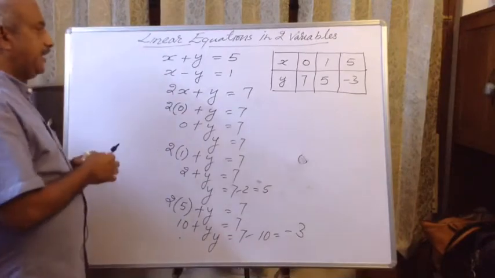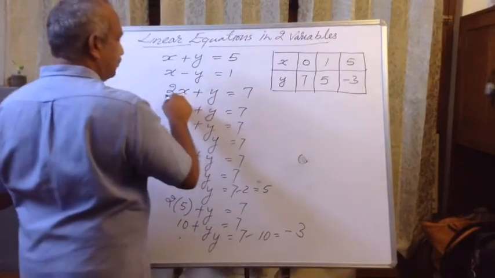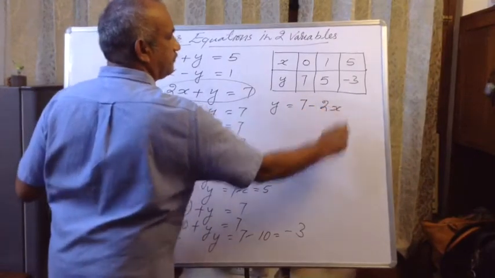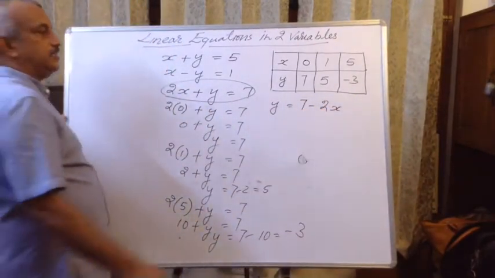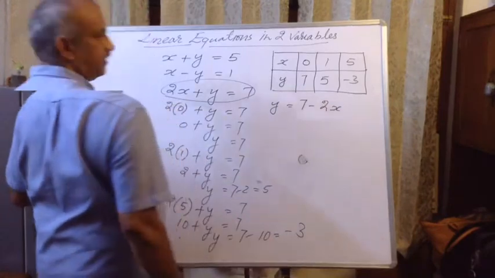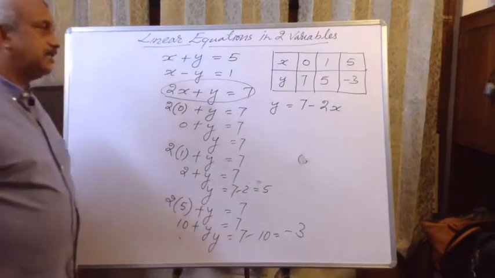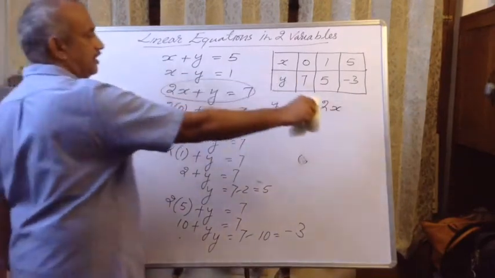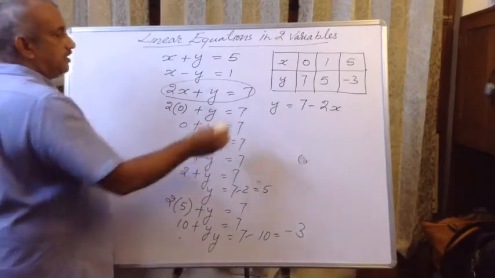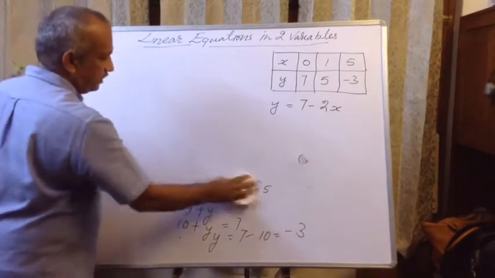Now what I was saying, like this you can directly substitute the value, or you can rewrite this equation as y is equal to 7 minus 2x. Then the calculation will become easy. If x is 0, 7 minus 0, 7. If it is 1, 7 minus 2, 5. If it is 3, 7 minus 6, 1, etc. But when you take terms to the other side, you have to follow the change of sign correctly. Otherwise you will get a wrong answer and your entire answer will be wrong. So like this we can find any number of solutions.